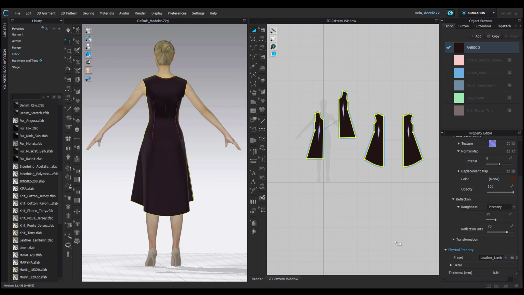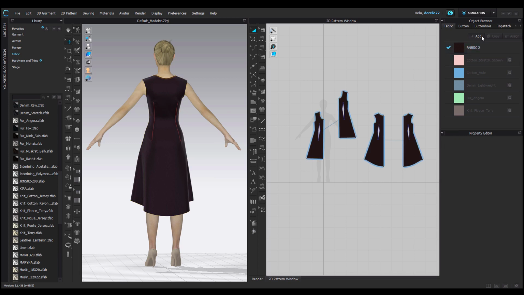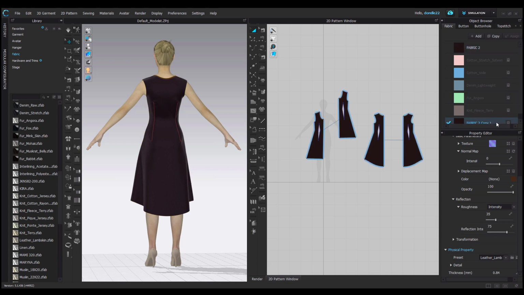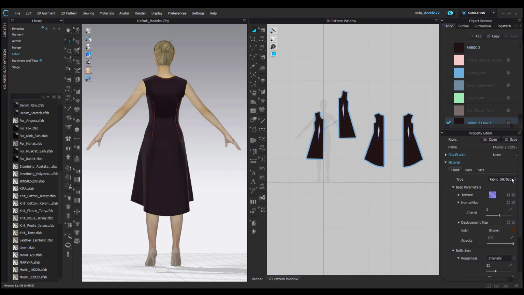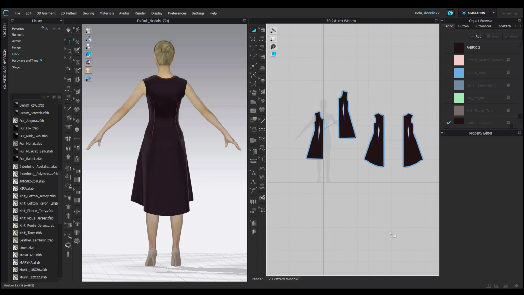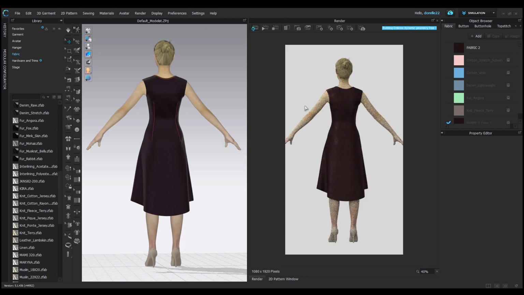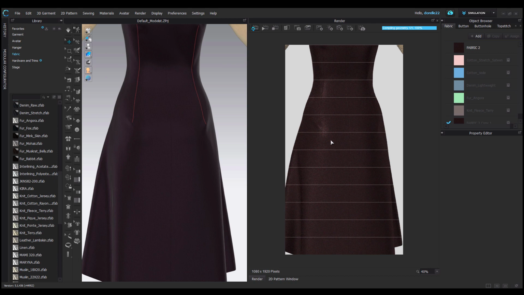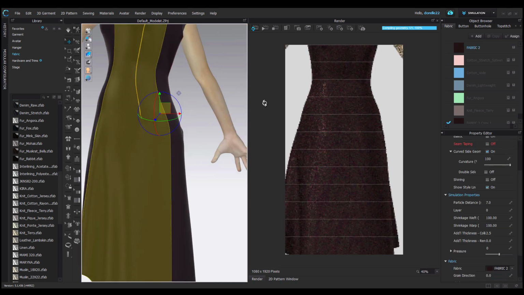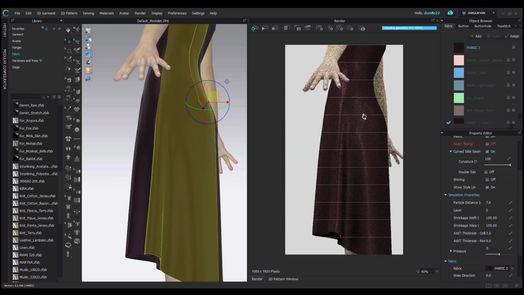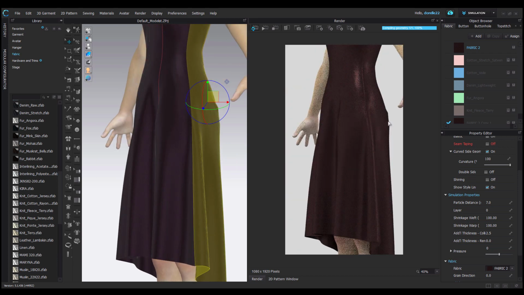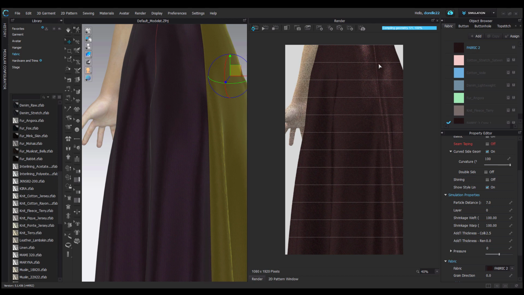If you want the flexibility of having, let's say, like we have here, a leather fabric that shows up like a knit with a knit map on top of it, and it's actually draping as a lambskin leather, so it is more stiff. When you go into your render window, you can see that the sheen that's there is actually a leather sheen, and that comes from your fabric finish in your fabric type drop down. And then your drape is actually a leather drape.